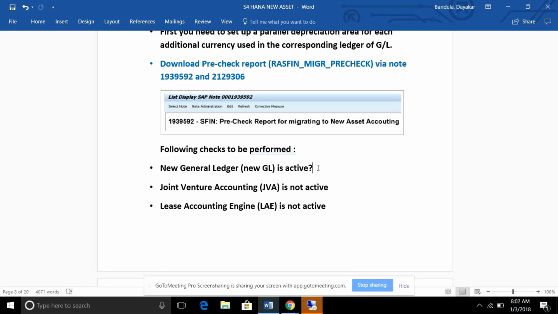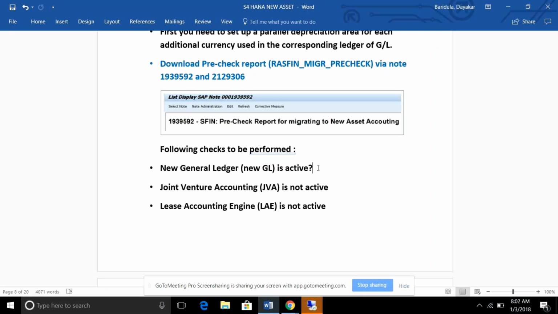They can go for technical migration for the adjustments if they have not activated new GL functionalities or new asset accounting functionalities, and further they can go for universal accounting on S/4HANA. In case they are already on universal accounting, there is no problem at all.